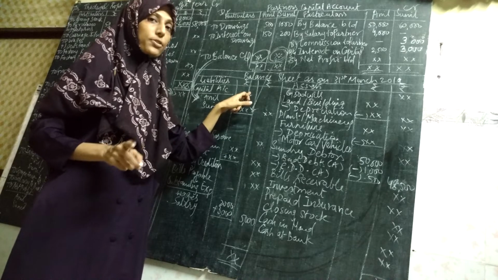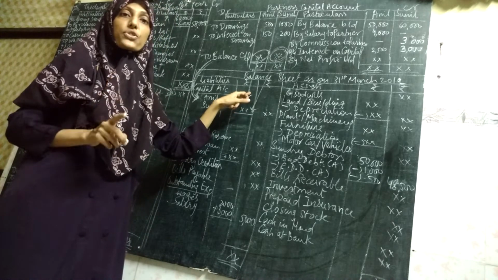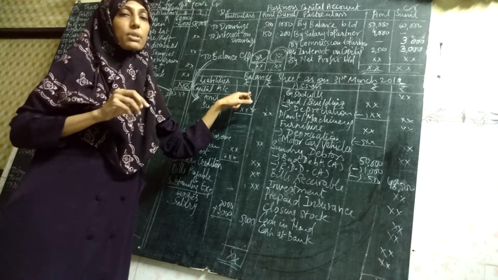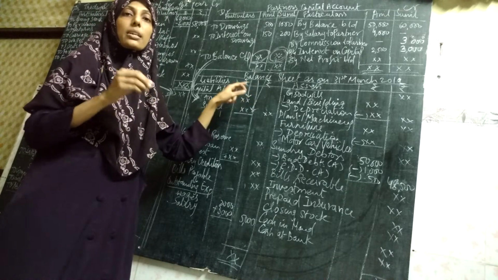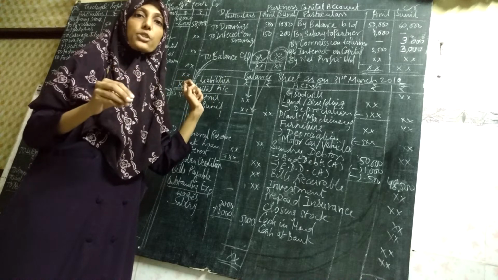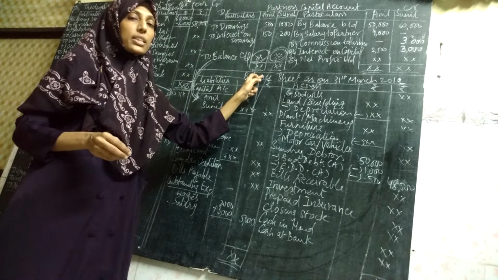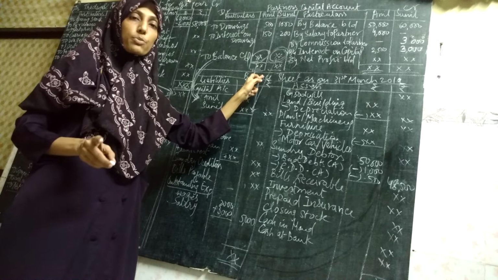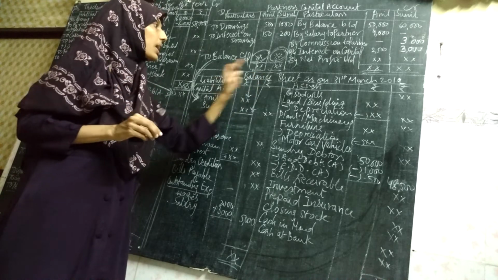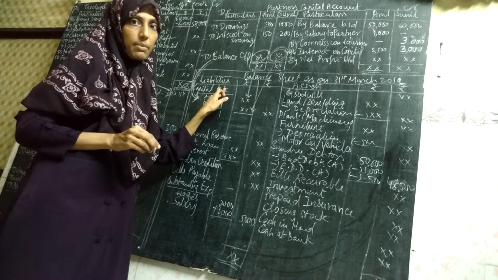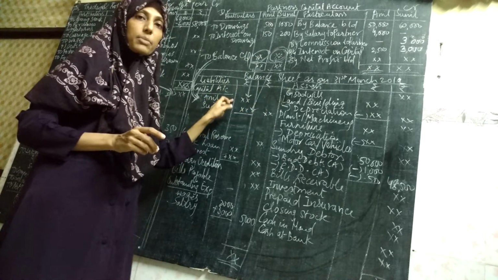In the board exam it is often asked, 'Balance sheet is an account', and you will have to write false. Sometimes in the fill in the blanks it is 'Balance sheet is a statement showing dash'. The balance sheet is a statement showing the financial position of the business. It is the statement showing the assets and liabilities of the business.